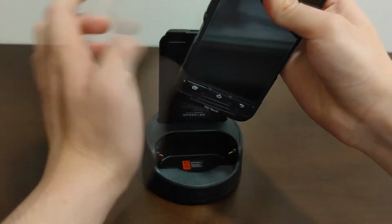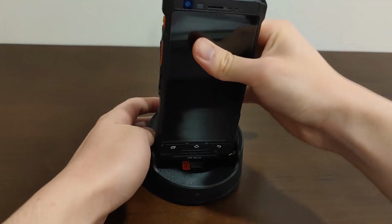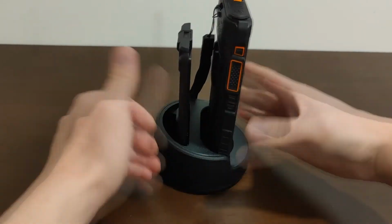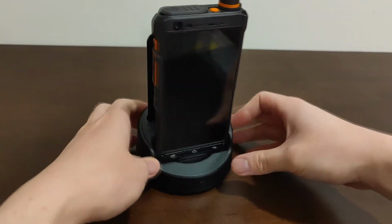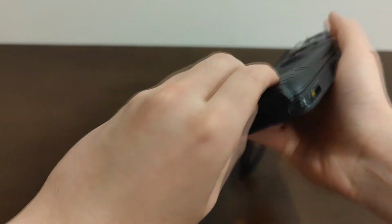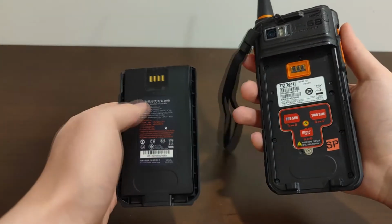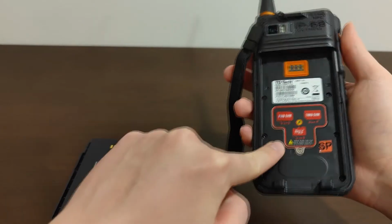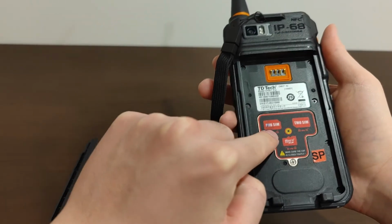Or you can also slot your phone in and it also charges that at 18 watts simultaneously. So that's pretty cool. Now, to actually take the battery out, it's pretty simple: you just flick the switch and the battery just unhinges. Super easy. And you can see the waterproofing seal around the battery contacts, as well as the waterproof SIM tray